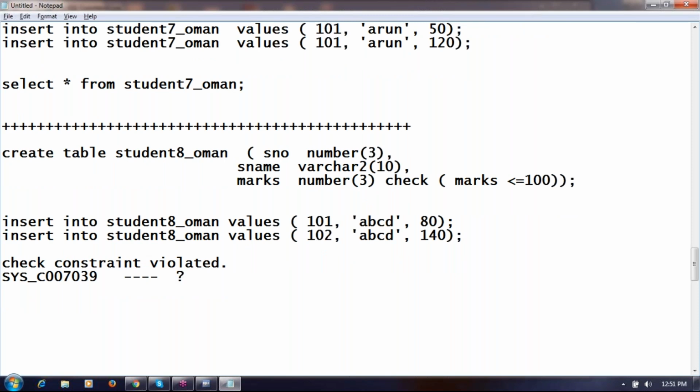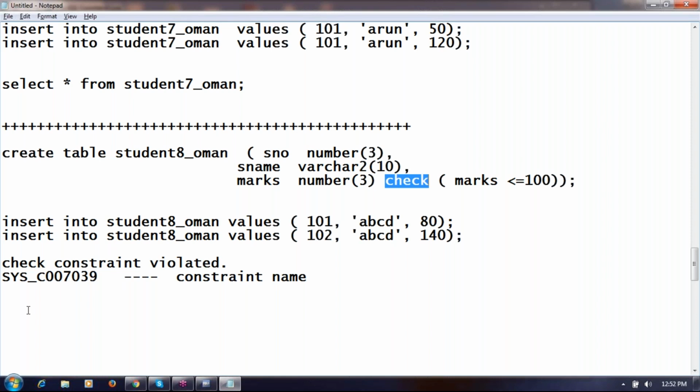What is this actually? This is called the constraint name. Check is the type of the constraint. Not null, unique, primary key, foreign key, check. These are constraint types. Every constraint will have a constraint name.